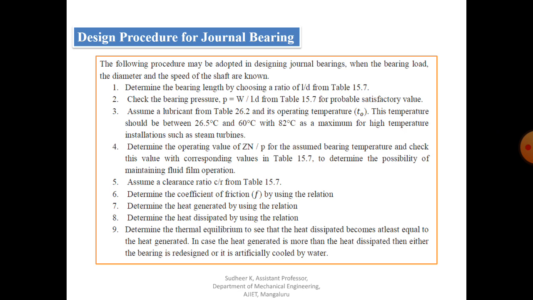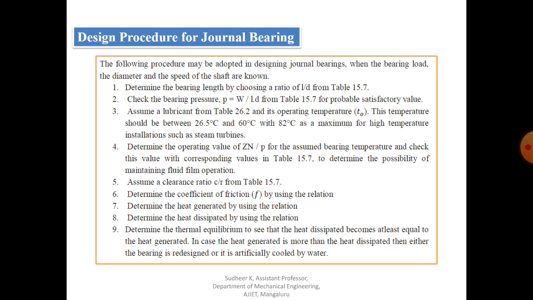They will ask only a few questions such as find the diameter of the journal, then the bearing pressure, what is the heat generation, what is the heat dissipation. So they will ask specific questions, and you need to find out from the appropriate equation and appropriate chart. You may look at many charts. One of the important charts is the viscosity temperature chart: with the help of the operating temperature of the bearing, you get the viscosity.